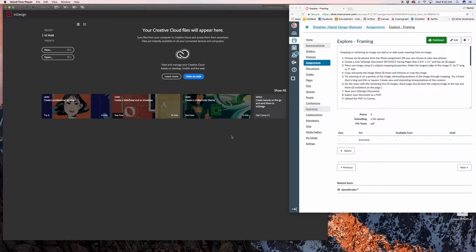This video is to help you with the ExploreFraming assignment. Now for this assignment, we are going to be pasting or placing images that you have already taken from your photo assignment, or you could use the ones from your point, line, plane assignment, or you can choose to take new photos. It's totally up to you, but I'd like you to look at photos that you've taken to use for this assignment. And what you're going to do is you're going to choose 6 of those photos,